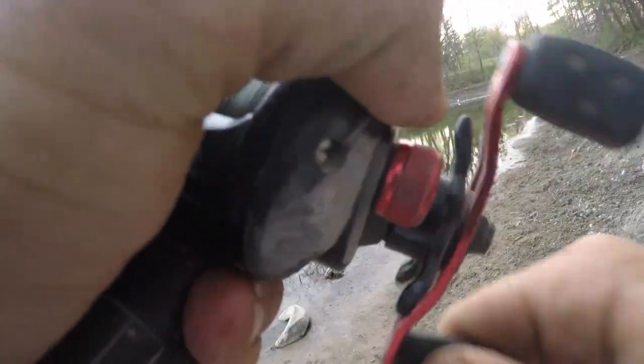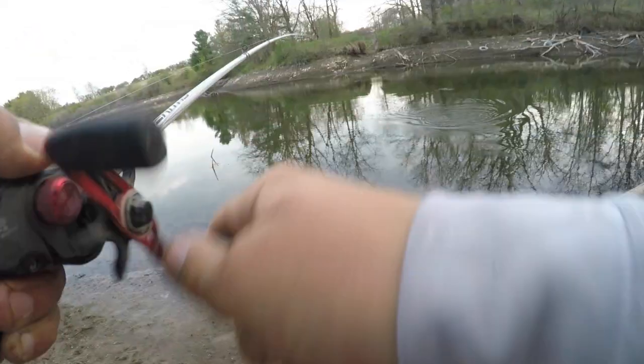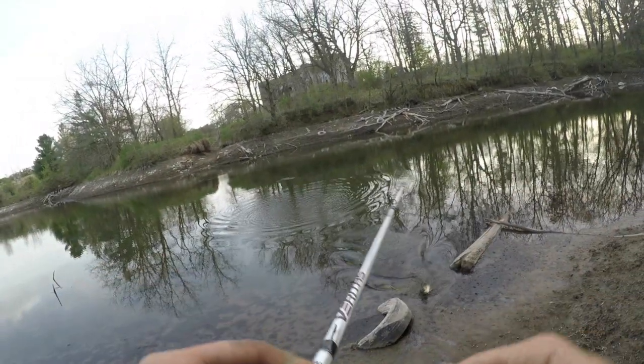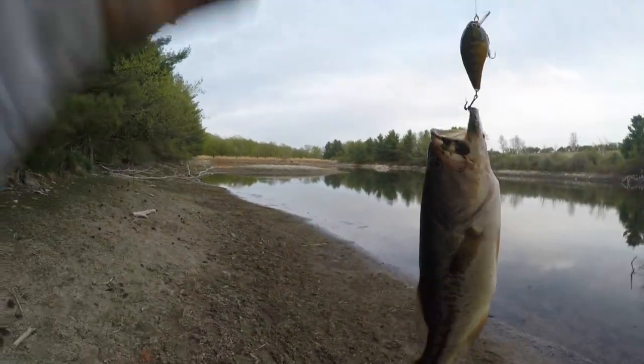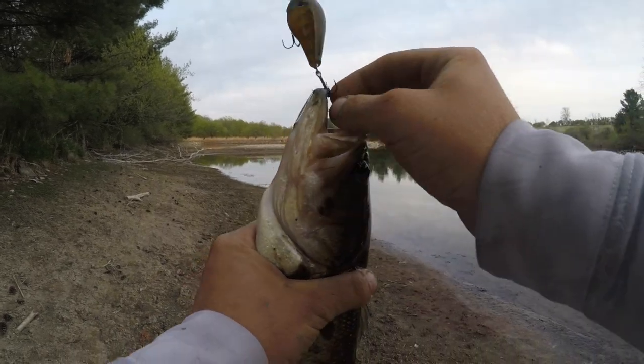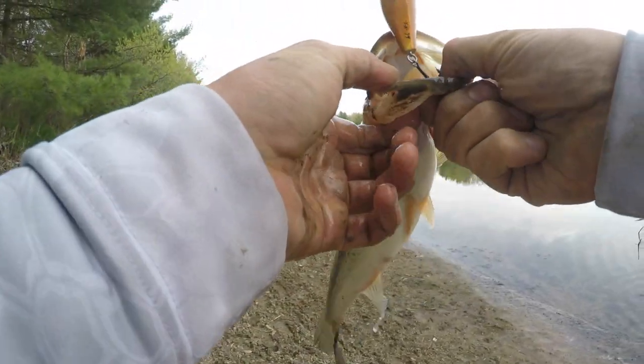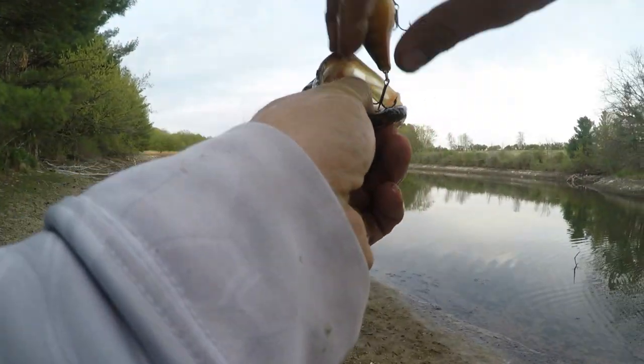Just got smacked. Crankbait is back at it again. This one doesn't look too bad at all. Not too good at all either though. He's not bad. 1.5 pounder for this little droughted out pond. You know, I don't understand how Tyler's hands can make such good crankbaits, but